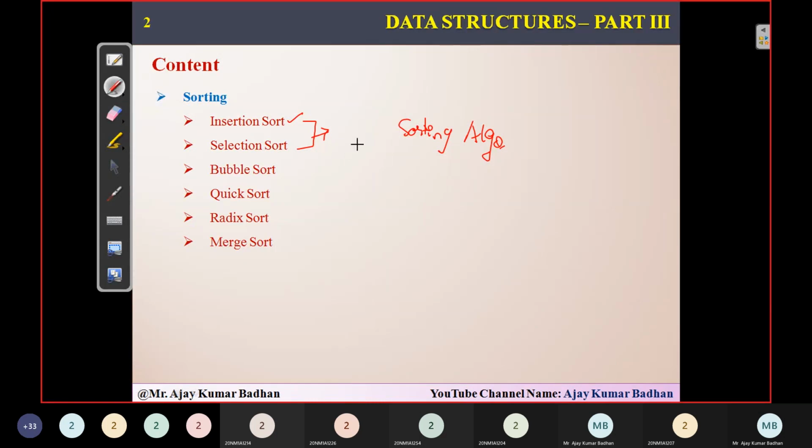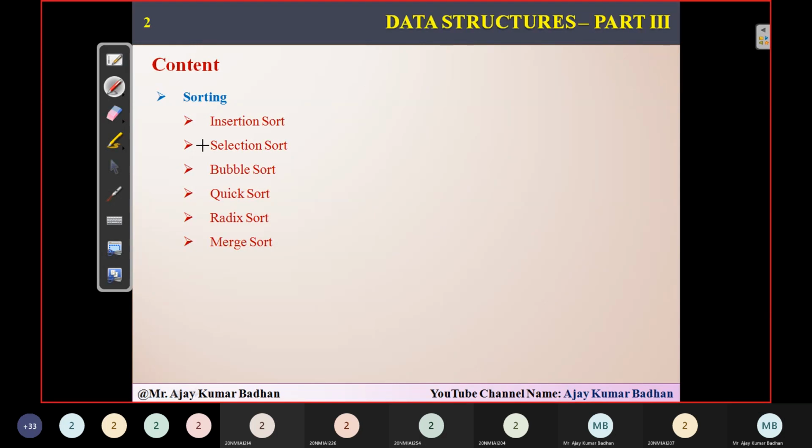Why we are calling it in-place in this scenario is that we try to sort the elements within the array that is provided, within its given size. Within this only we will try to sort it, without taking any additional support like a temporary array or auxiliary array. An auxiliary array is nothing but a temporary array we would use to store the elements. But here, in insertion sort and bubble sort also, we are using the same array that has been provided, and within that we are storing the elements step by step. So that's why we call them in-place sorting algorithms.